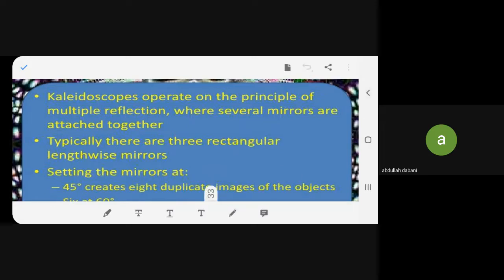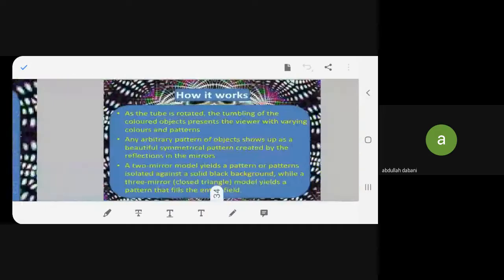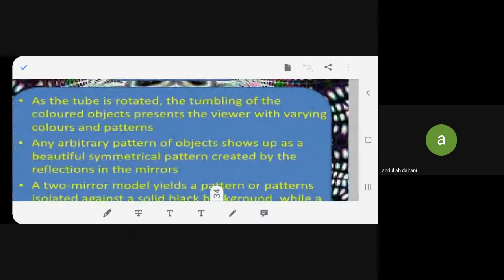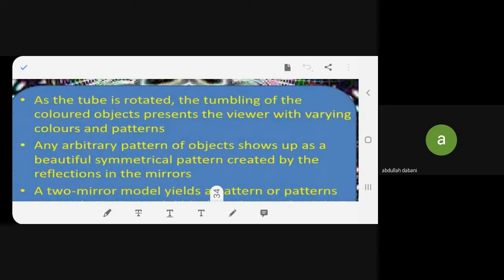Any problem with it? This is how you have to make the kaleidoscope. Yes, read. As the tube is rotated, the tumbling of the colored objects